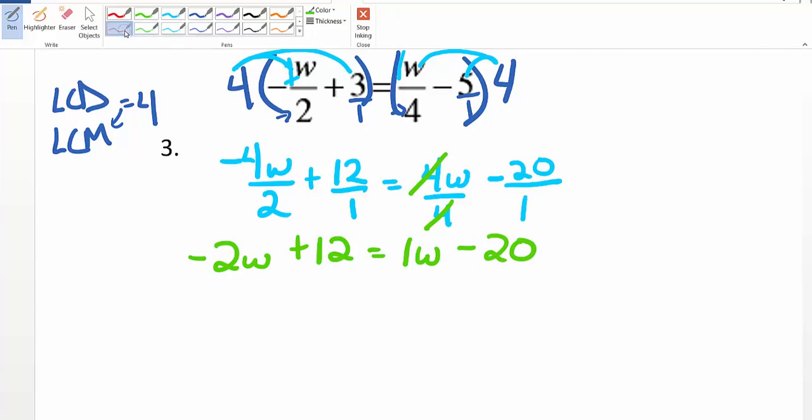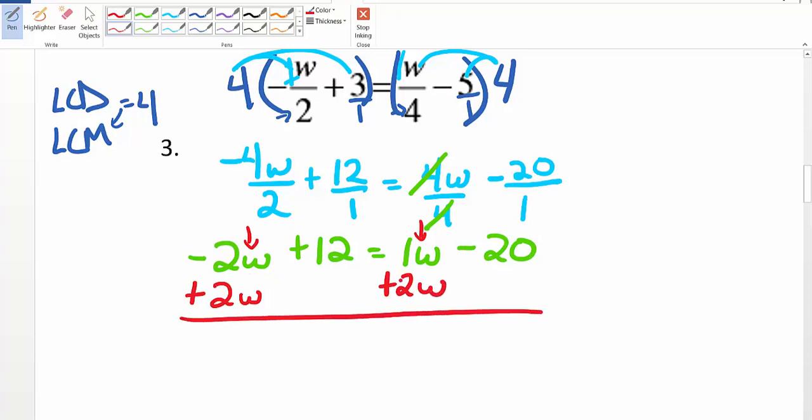Now, again, there are various ways in which we can continue on this. Generally, I like to keep the variable positive. So here's a W and here's a W, and we notice that there's one on the left side and one on the right side. In order to keep the variable positive, it makes more sense for us to add 2W to both sides. Because when we do that, on the left side, this negative 2W is going to cancel with this positive 2W, leaving us the 12,